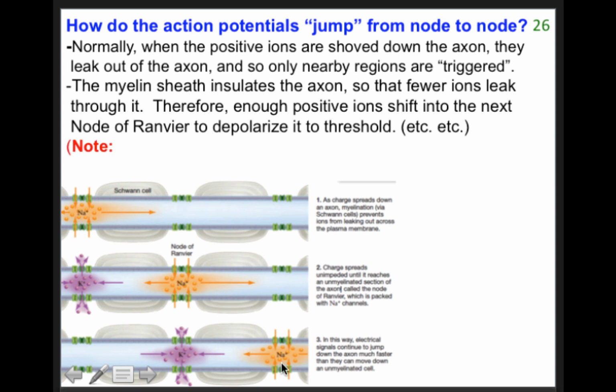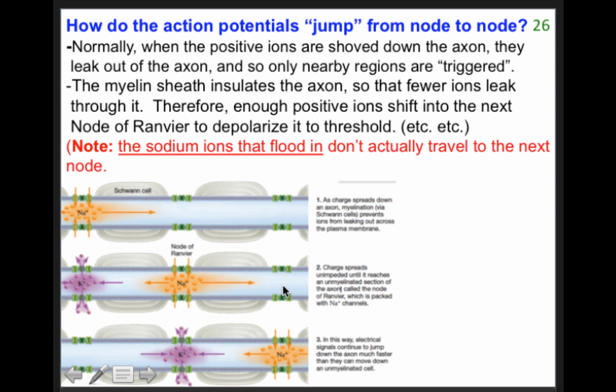Okay, so one thing to notice is that some people think that when there's an action potential and sodium ions flood in, you have to wait for those sodium ions to push each other and also diffuse their way down and actually reach the next node of Ranvier. But that's not actually true. You don't need the sodium ions themselves to move to the next node. When sodium ions flood in, they don't actually travel to the next node. The way you can think of it